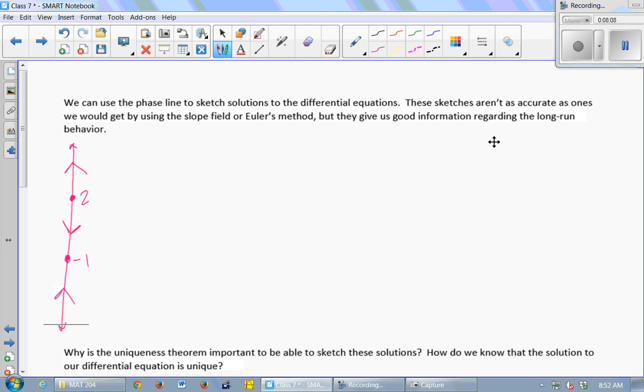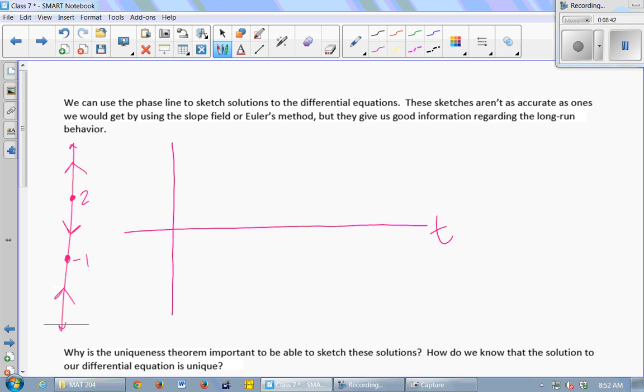Okay, so here's my phase line. I'm going to use it to sketch some solutions. So this is just tracking the derivative. Where is the derivative 0? Where is it positive? Where is it negative? Somebody remind me, if the derivative is 0, what does the solution have to look like? So horizontal line, it's a constant. Yeah, so at 2 and at -1,